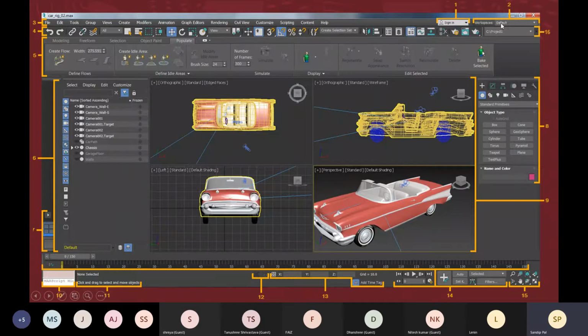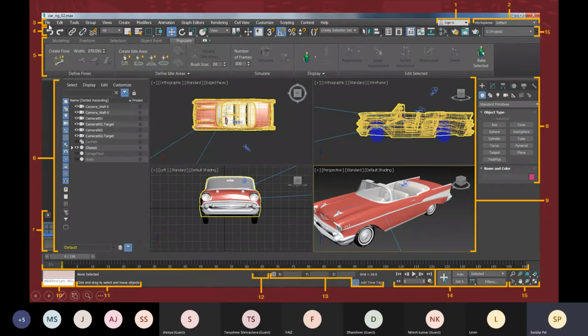And second option is workspace. According to the workspace, we get all the tools in this ribbon. Within this ribbon, this is number 5, the ribbon, and according to that we get some tool settings. For modeling, freeform is there, some tool settings, arrangement of tools are there. So according to the workspace, we got this in the ribbon.